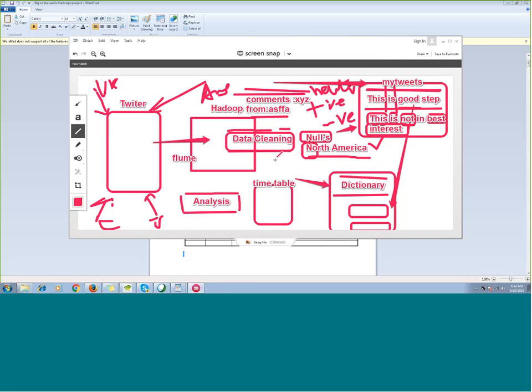My tweets will come in a raw format, or as a text file, into my Hadoop. Now, if I have to load these tweets into my Hive, this is a JSON file, so I would need a JSON library to load it into the Hive tables. The time table, dictionary table, and this table that I'm showing are all Hive tables. So I would need a JSON reader, basically a JSON jar is required to